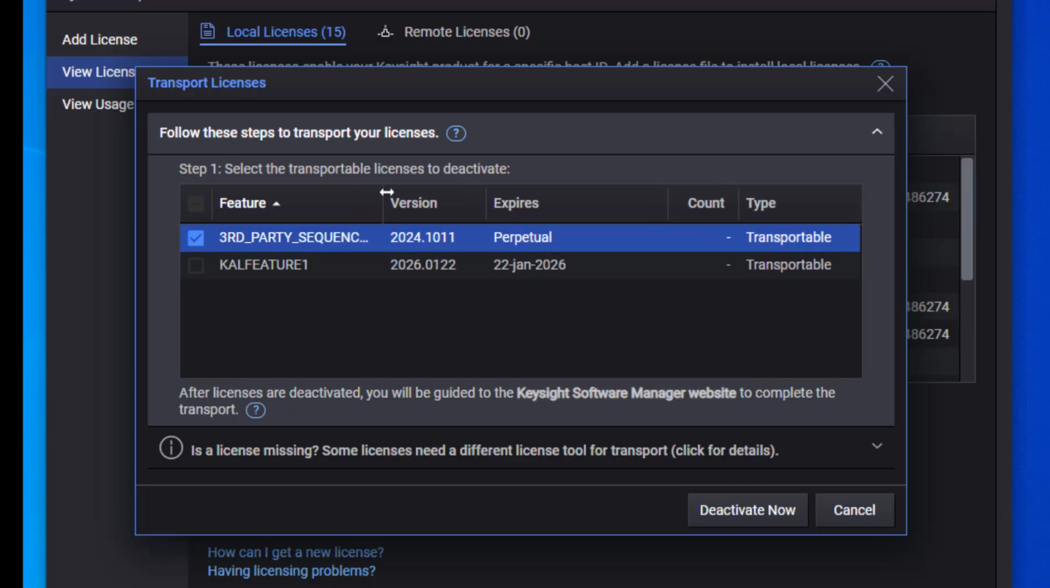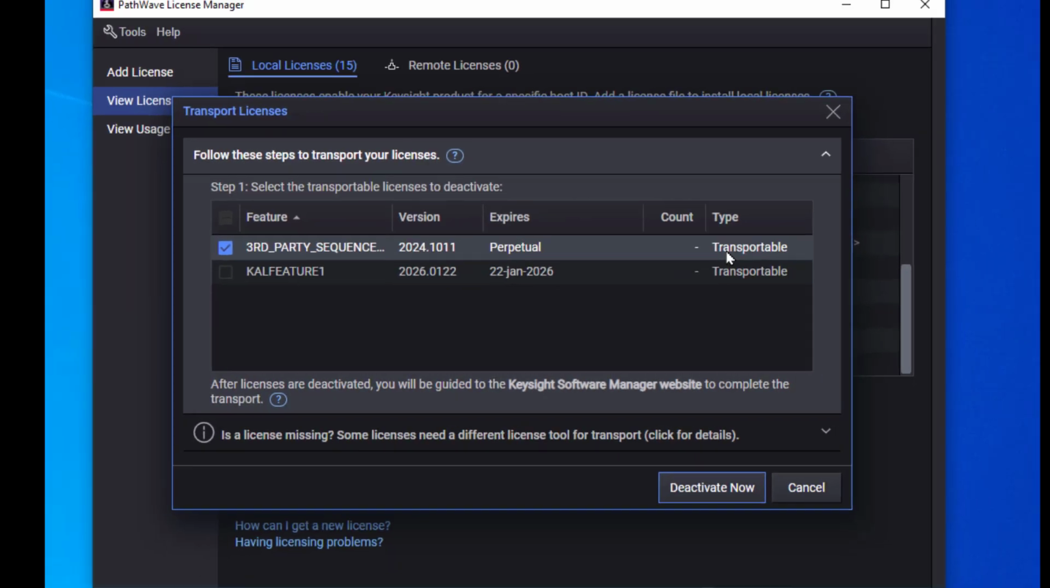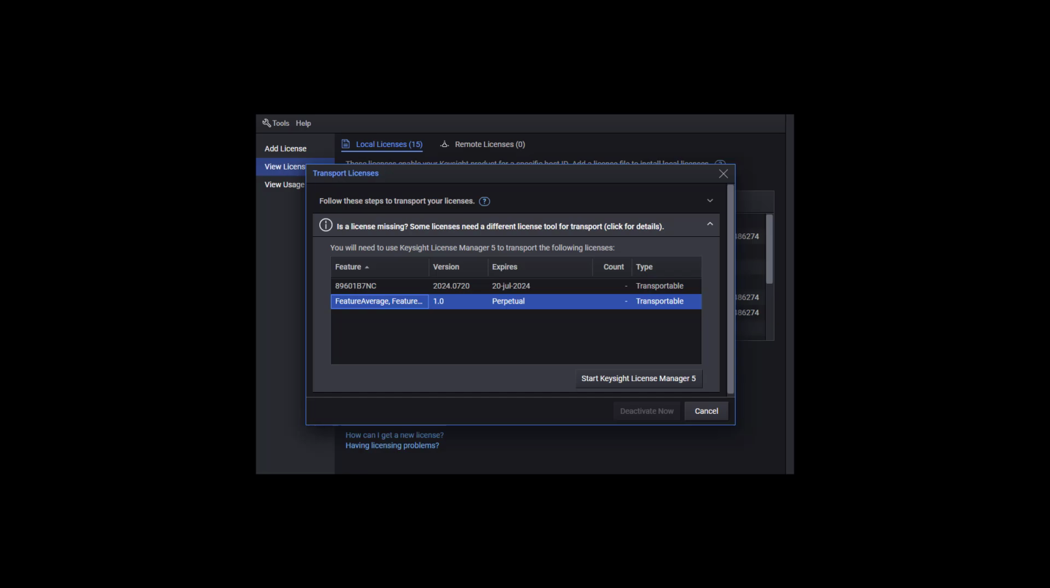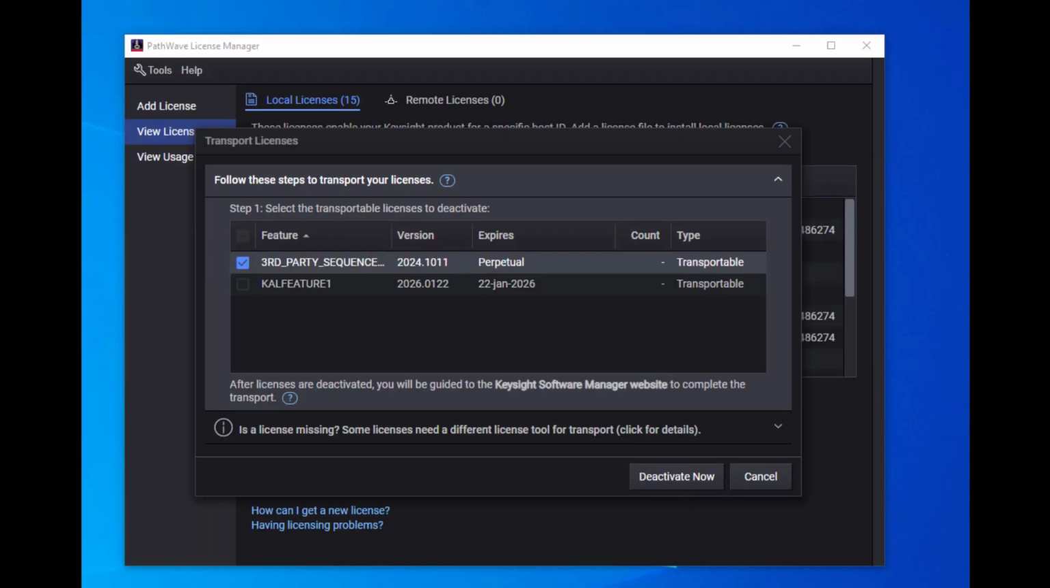In some cases, multiple features are listed together with one selection box. This means that they are included in the same license and must be transported together. Some licenses employ an earlier version of Keysight licensing and must be transported using an earlier license management tool. If you have such licenses, you will see a message directing you to start or download Keysight License Manager 5,